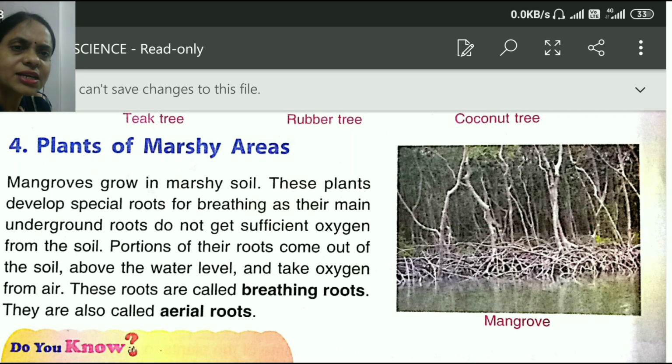And these roots are also called aerial roots.